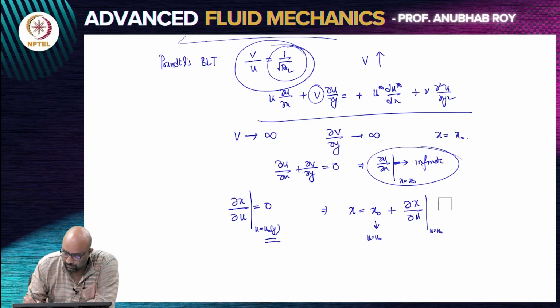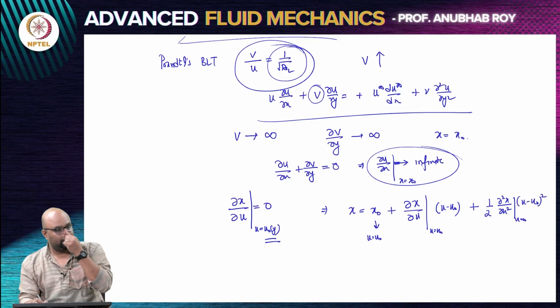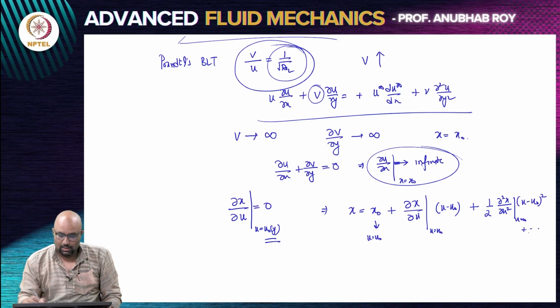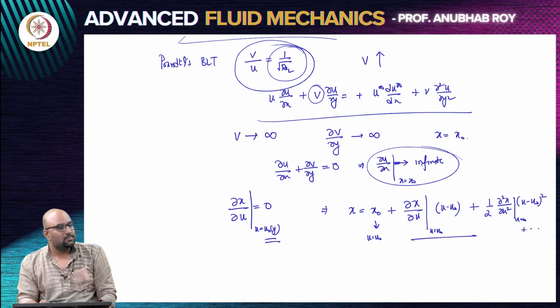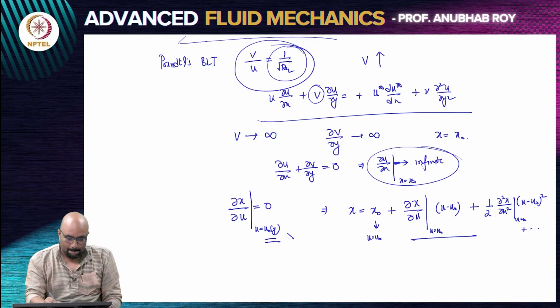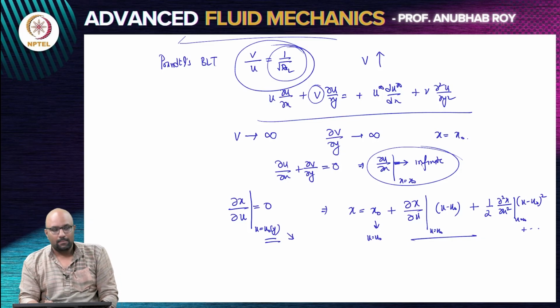u minus u naught, right. I am just doing Taylor series. Then I will have a constant times u minus u naught squared. What is this term? What is the second term? Zero,